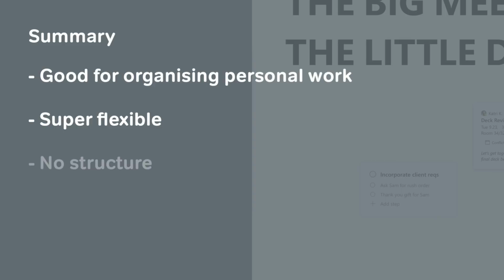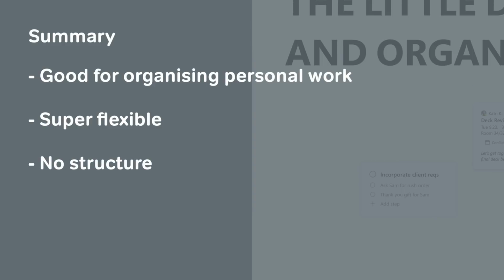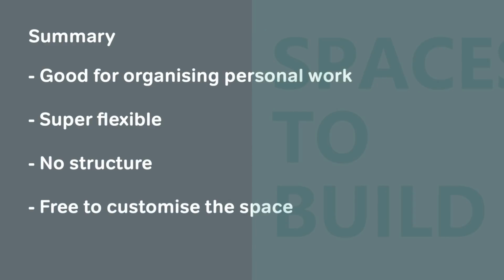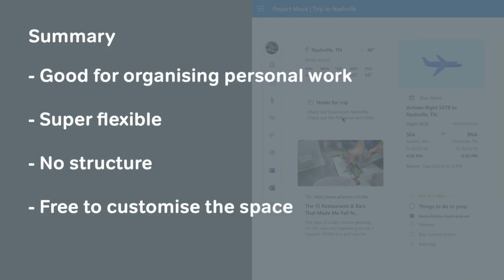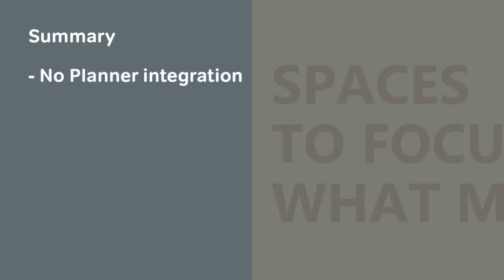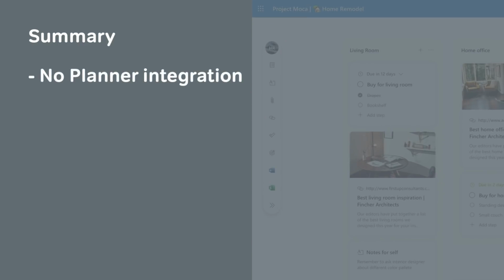You don't get the structure that an app like Planner gives you that allows you to group and filter and sort your tasks. But you do get the freedom to add items from different apps and services and put them wherever you like on the canvas. I love that massive canvas and the freedom to do that. That's one of the reasons Whiteboard is so useful. And we have tasks linked to To-Do, but not Planner. So it's very much about personal productivity rather than for your work groups.